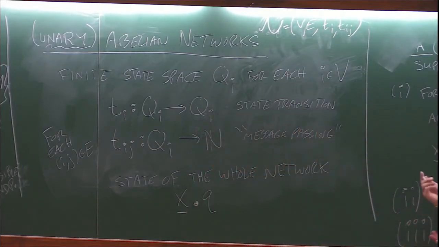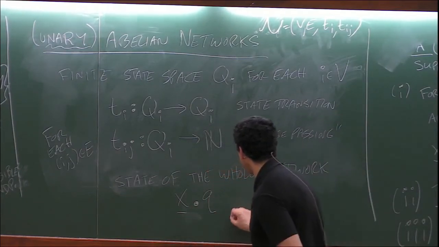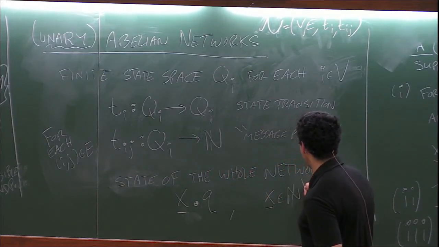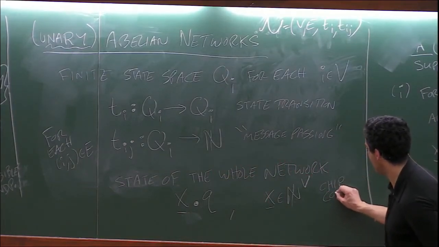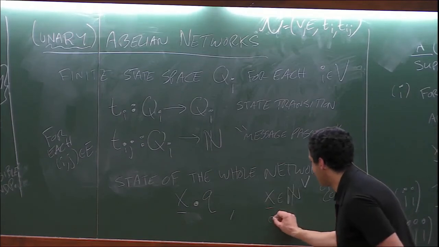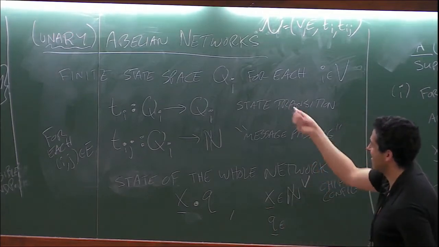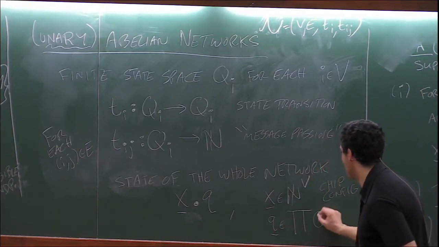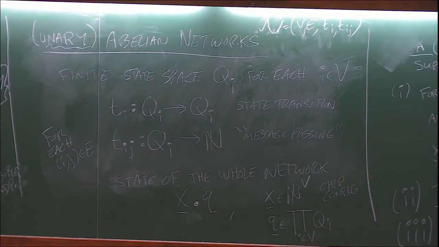we use this notation x dot q for the state. So x is a vector of integers that tells you how many chips are at each vertex. This is the chip configuration. And q is a vector of states that tells you the local state of all the vertices. So q belongs to the Cartesian product of these Q_i's. Okay, so that's the full state of your system. And then what does the system do? Well, a legal move says you can point to a chip and then